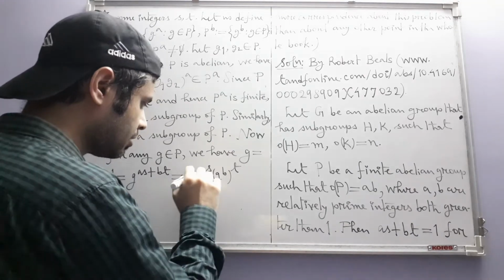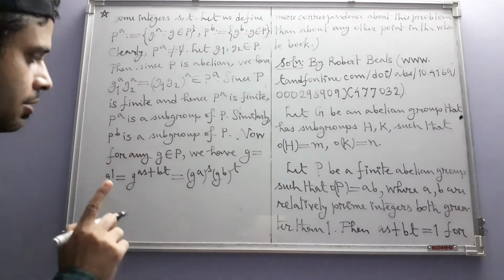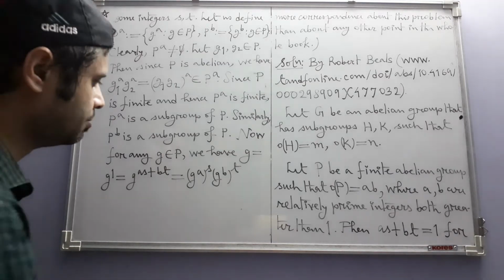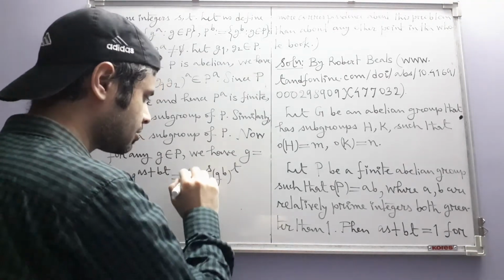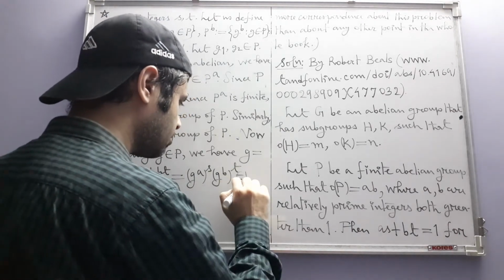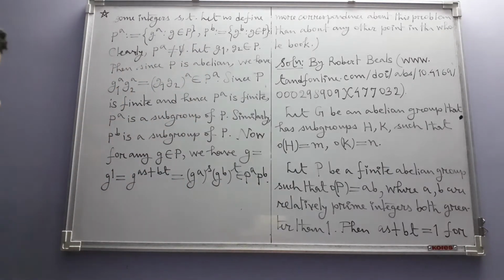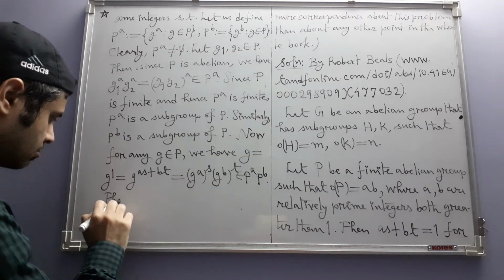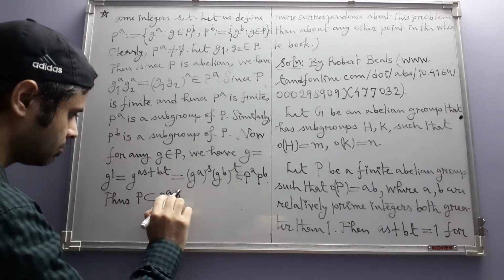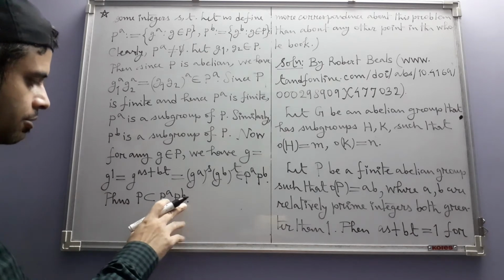So this power, G to the power A whole to the power S, belongs to PA, because now we have proved that PA is a subgroup. It's not just any subset, it's a subgroup. So this belongs to PA. The first factor belongs to PA, the second factor belongs to PB. So this product belongs to the product of the subgroups PA, PB. Thus, P is a subset of PA PB. But PA and PB are subgroups of P, so their product is also a subset of P.